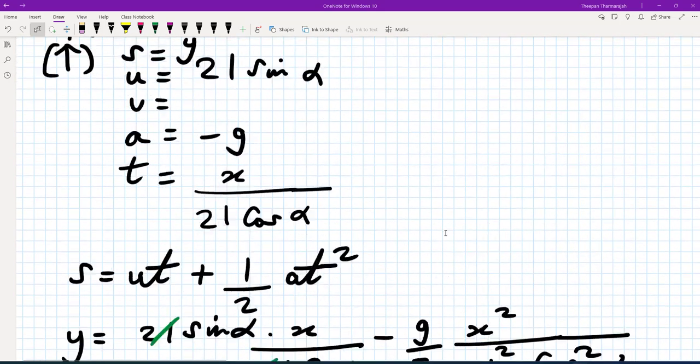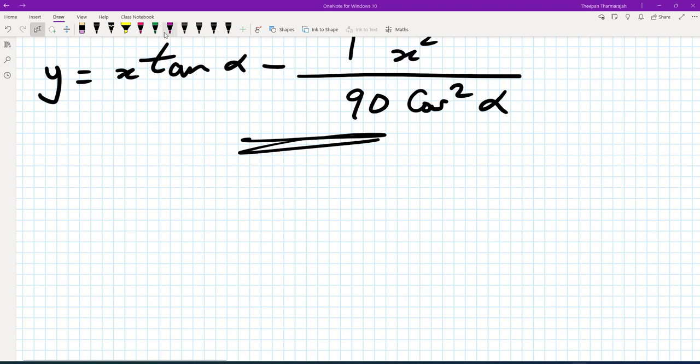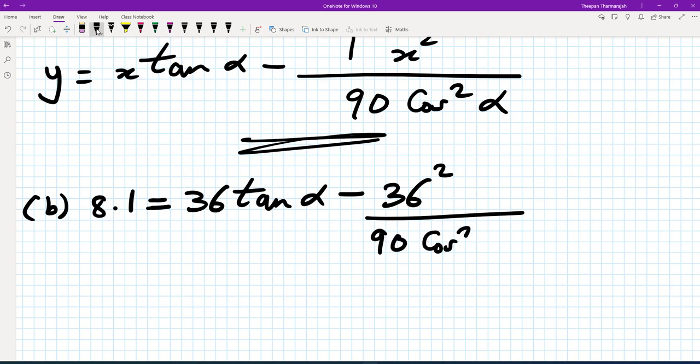So for part B, 8.1 is going to be equal to 36 tan alpha minus 36 squared over 90 cos squared alpha. Now we said 1 over cos squared is the same as sec squared, so